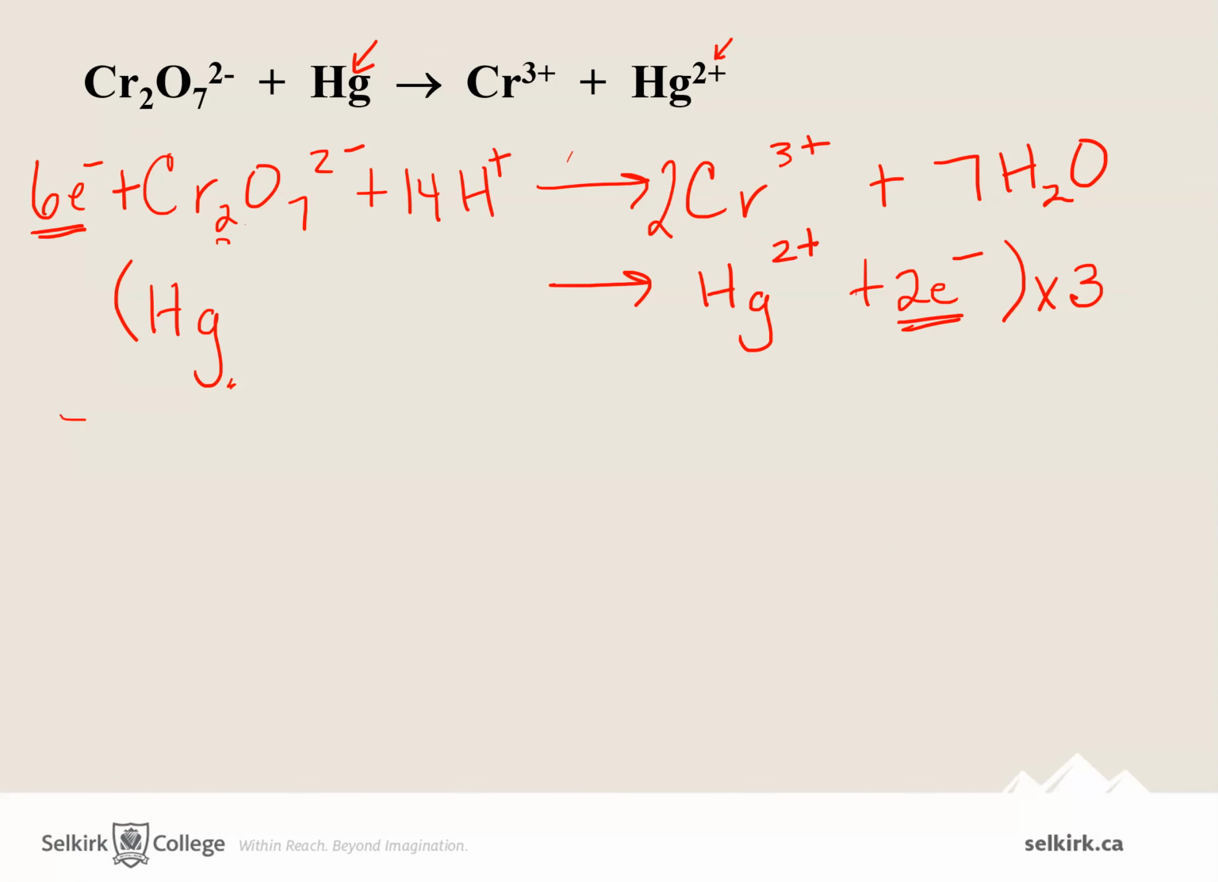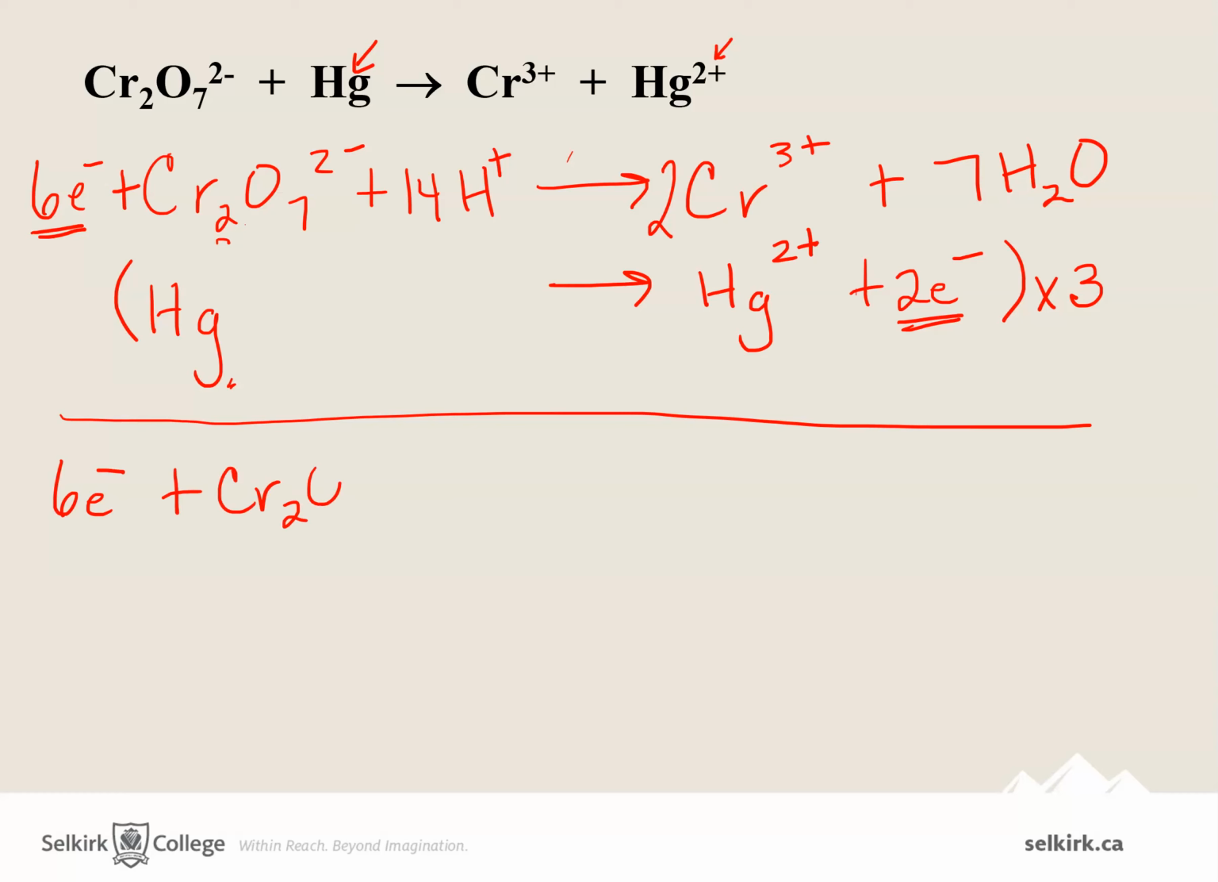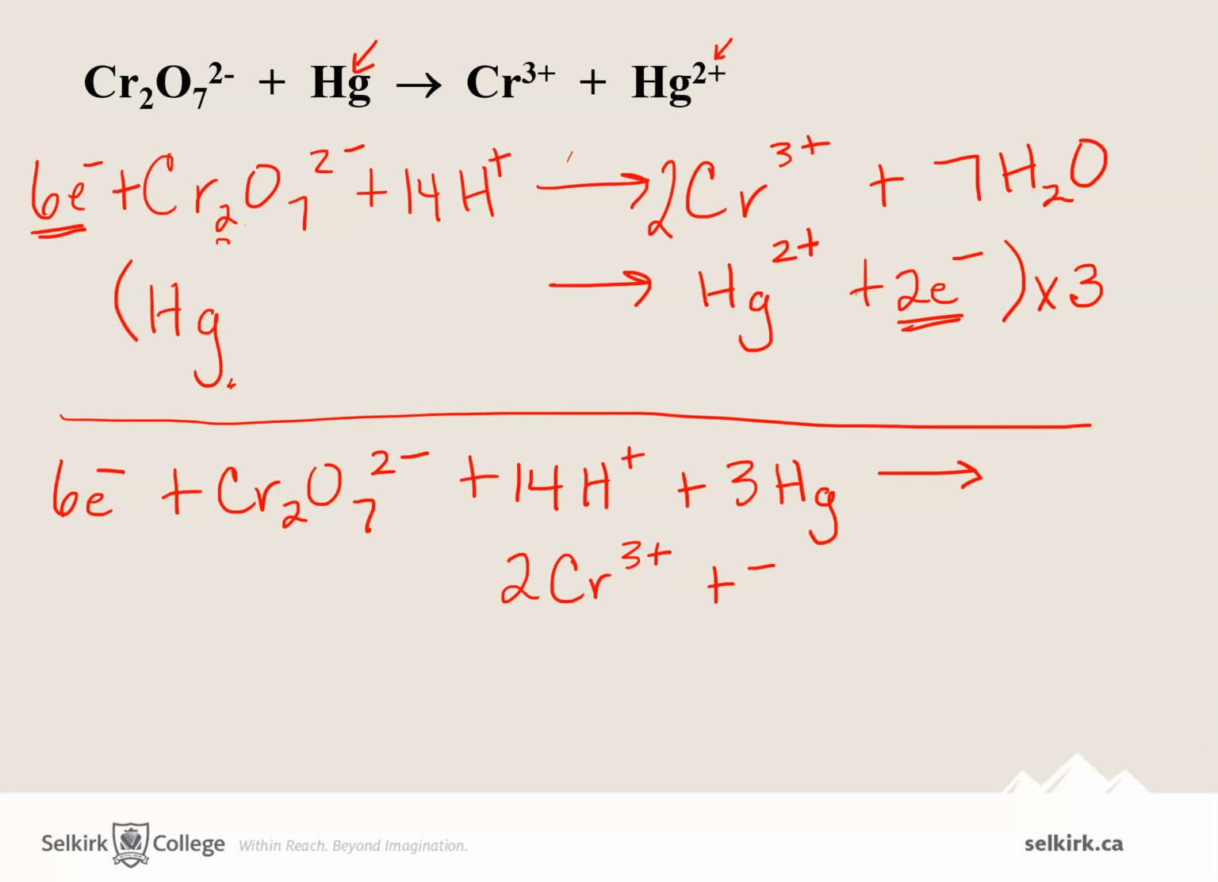All right, here we go. I'm going to add them all up. 6 electrons on the left-hand side plus dichromate ion, and don't worry, I know you don't know that's a dichromate, plus 14 H+, plus 3 Hg. Remember, we multiplied that whole equation by 3. On the product side, 2 Cr3+ plus 7 H2O plus 3 Hg2+